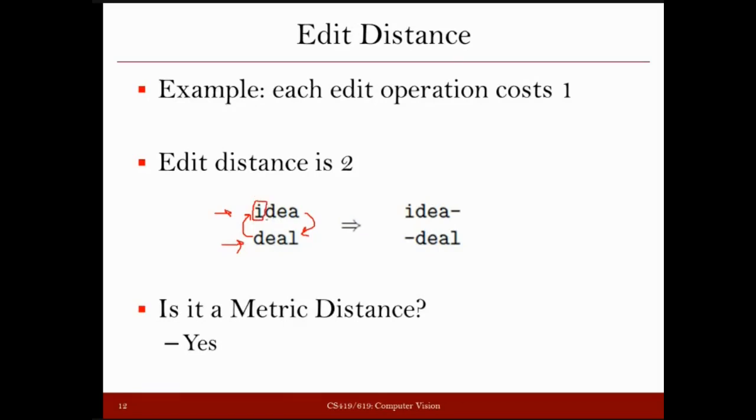When you remove I, it becomes DEA, and then you have to insert L in this to make it deal. So from idea, we have to remove one character, and we have to insert this character to make it a deal. How many operations does it require? We see clearly that it requires 2 operations: one is the delete operation that you are performing on I, and another is the insertion operation that you are performing for L. So the distance between these 2 words is 2.